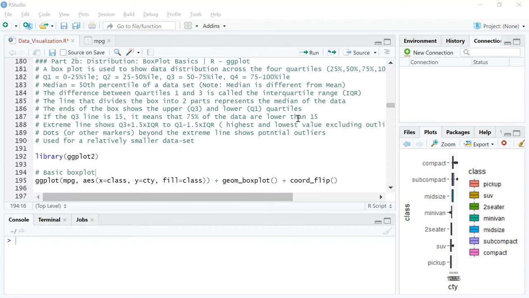Today we are going to look at 3 different types of graphs, specifically box plot graphs, right? So we are going to introduce the box plot and we'll get directly into the action. We are going to just look at 3 different types of box plot graphs in this video.